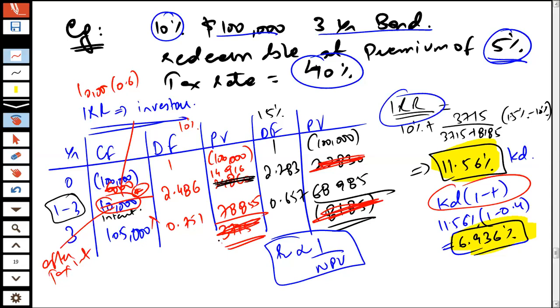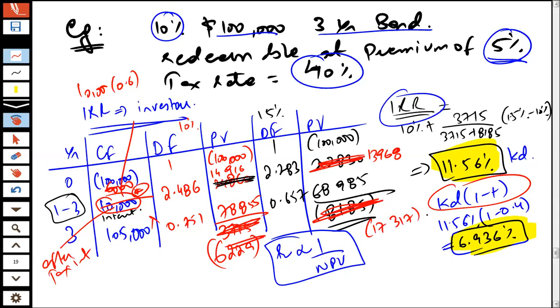So resultingly, it's going to be 6,229 negative. Obviously, the 15% that we are using will give a further negative, but it doesn't matter. We can always calculate the IRR using two negative NPVs also. So it's going to be 6,000 into 2.283, so it's 13,968.